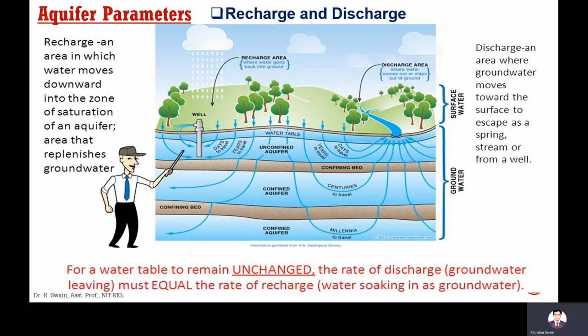Next parameter is recharge and discharge. What is the difference between recharge and discharge? Recharge is an area in which water moves downward into the zone of saturation of an aquifer, an area that replenishes groundwater. This recharge is nothing but